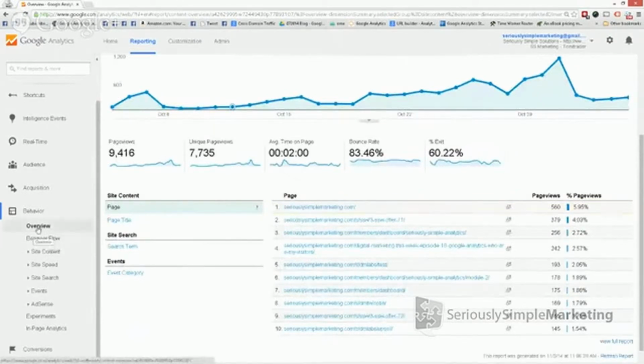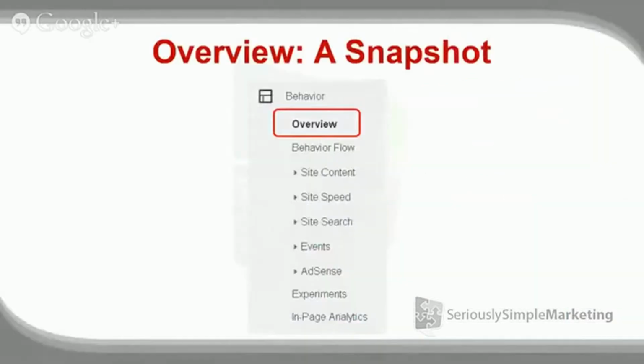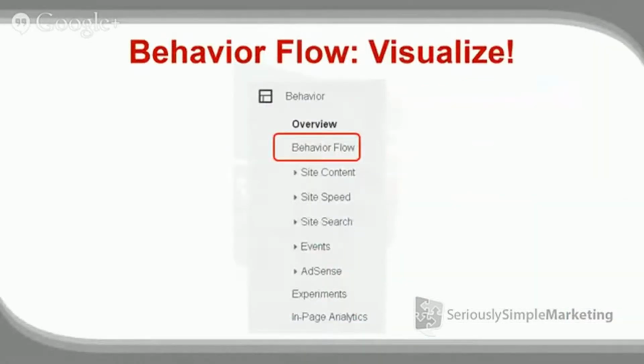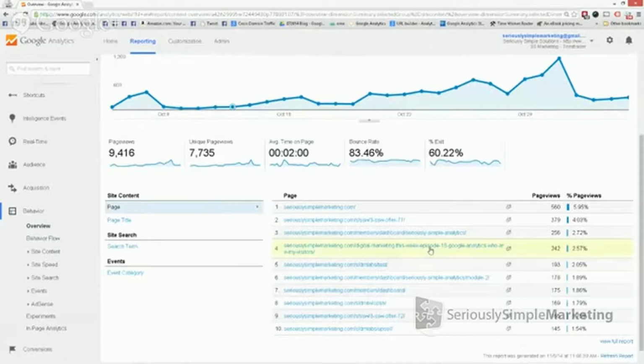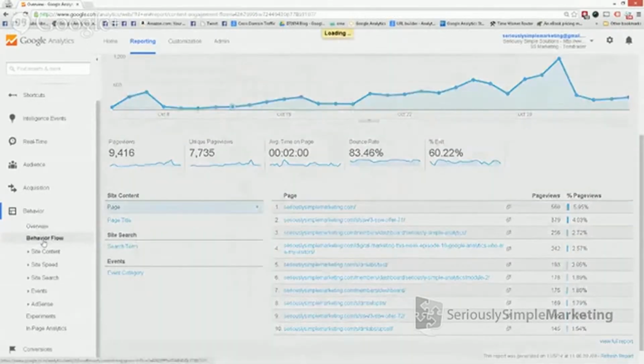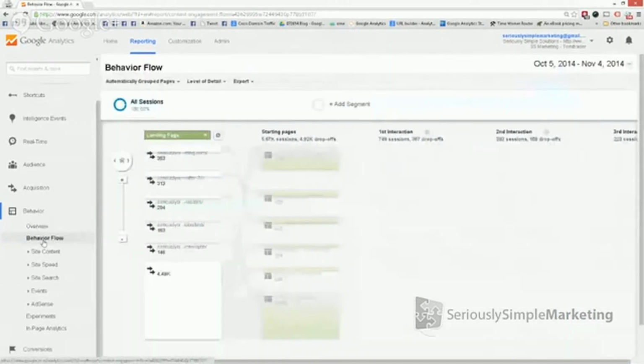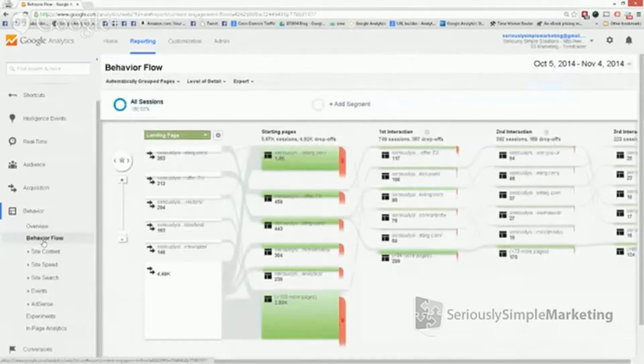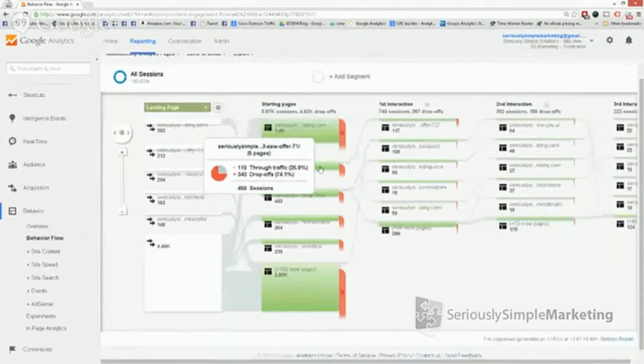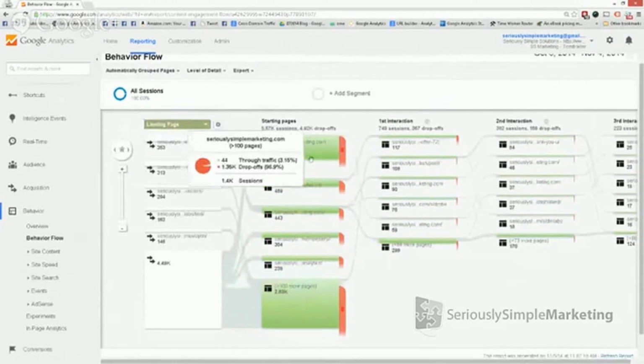Now, next up, what I want to cover is behavior flow. So that's on that next one right down here. So behavior flow. Now, for this, let me just bring up our analytics here. This is kind of a cool report, and this is what they call a flow report. So there's a number of different reports that you'll see in analytics. There's ones for goals, there's ones for the audience, and there's ones for behavior. So you're going to get an idea of how people are using the site here. They all kind of work the same way, but what this does is visualize how people are using your site.